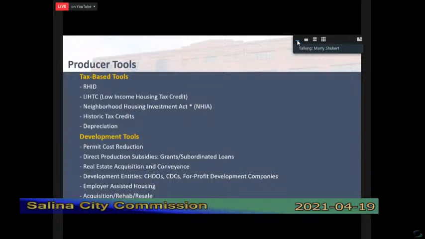The size of the tax credit, as I think I mentioned before, can be either 4% or 9%, depending upon the income groups that are targeted and the percentage of the units that are held available for those income groups. It has been very much responsible for a lot of the multifamily development that we have experienced over the last 10 or 15 years. Not all of it, but a lot of it, because it provides a very attractive option for the equity investor.